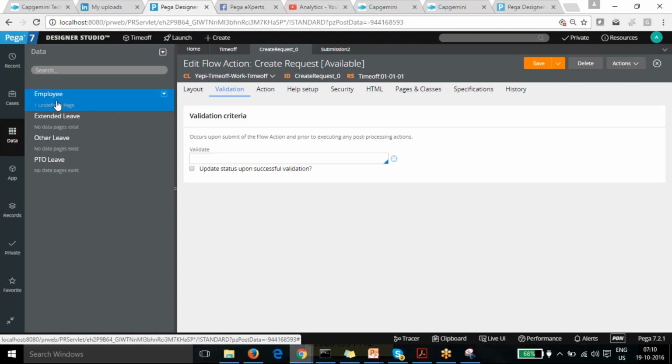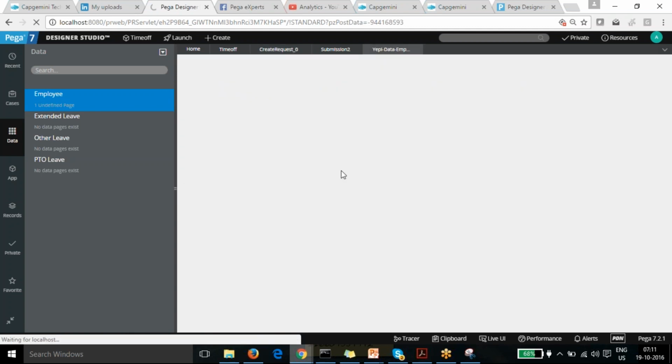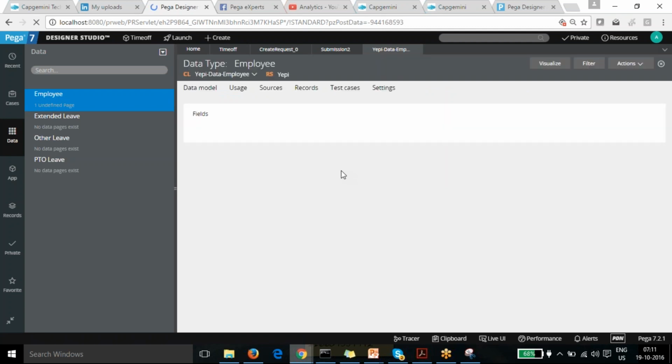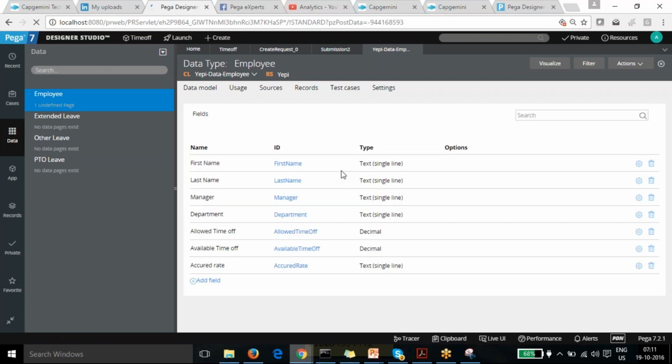So I'm moving to the employee data type, and in the employee data type, I'm going to use the property with email on it. And one more field is missing: Employee ID is also not there.